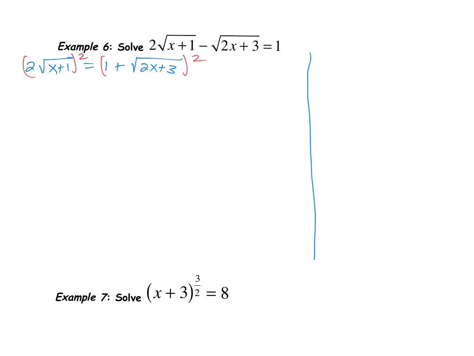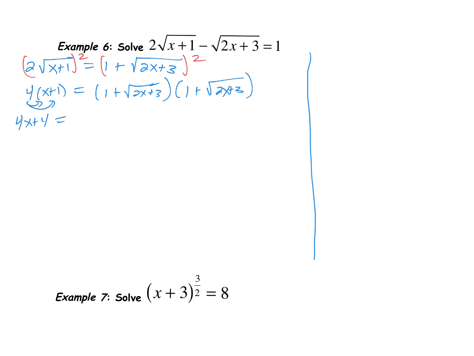So when I square both sides, the left side is going to become 4 times x plus 1. The right side, remember that what we really need to do is to FOIL this out. So I can think of this as 1 plus the square root of 2x plus 3 times 1 plus the square root of the quantity 2x plus 3. When we distribute this, the left side becomes 4x plus 4, and the right side, I multiply the first terms,